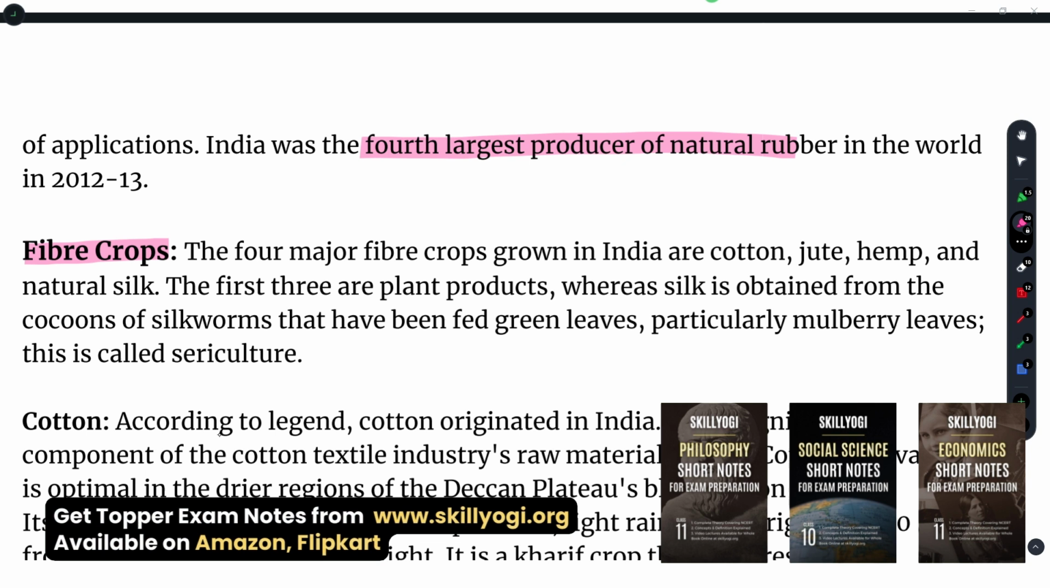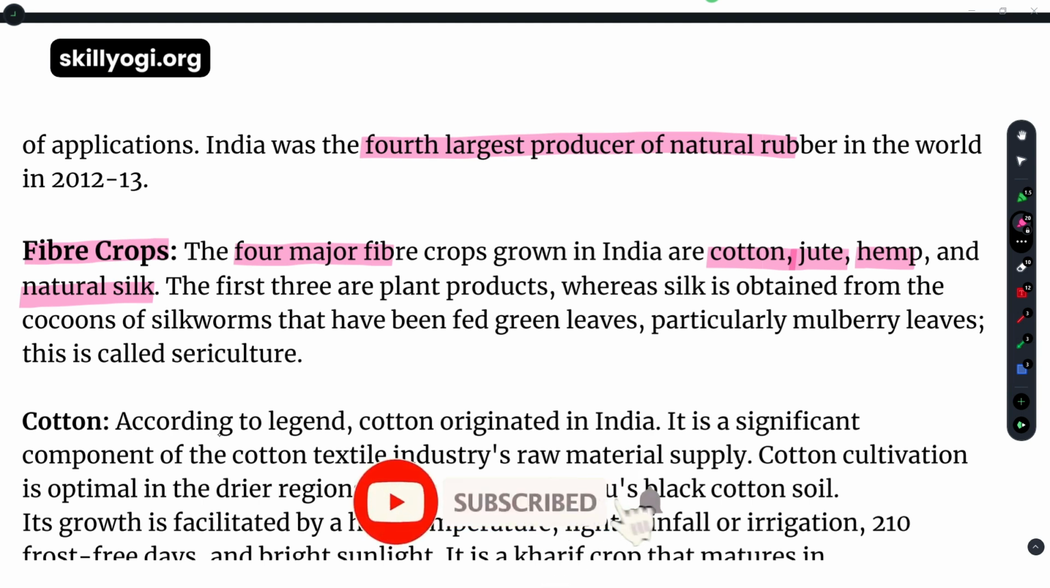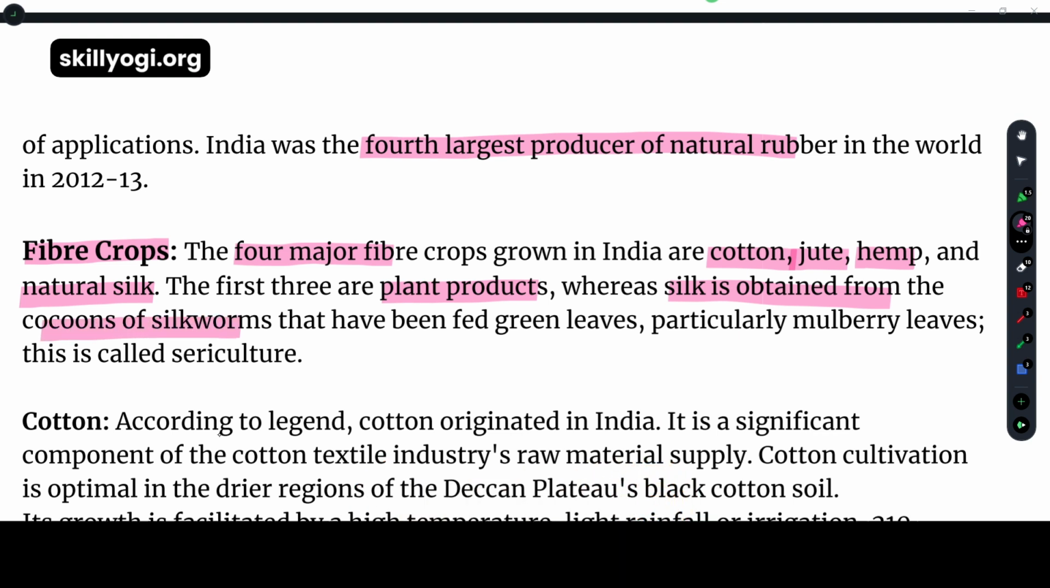So, the major four fiber crops we have: first one is cotton, then jute, hemp, and natural silk. The silk and saris are very famous in Karnataka, Bangalore places. The first three are plant products, whereas silk is obtained from the cocoons of silkworms that have been fed